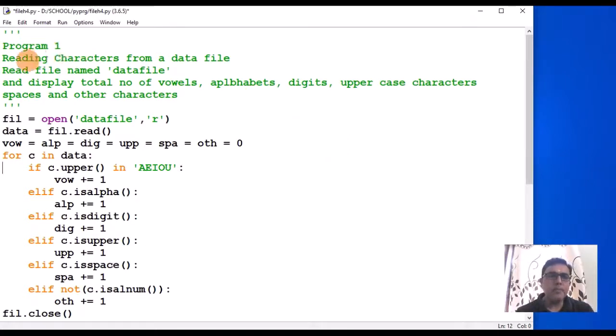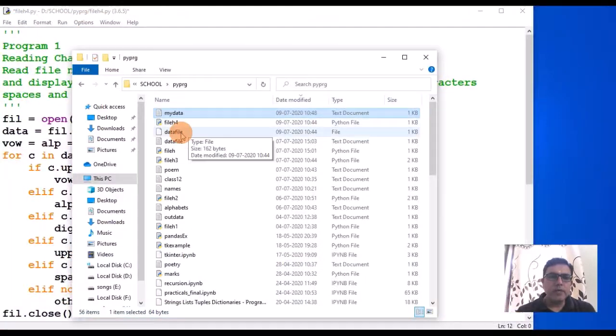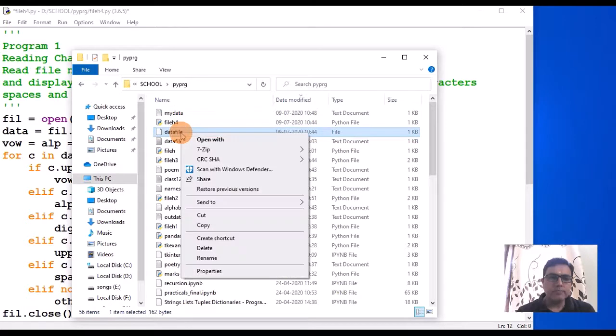See this program, you have to read a file named data file. There is no extension, so I have saved that file that way only. How can you save that file? You can open Notepad. It has already been created, so I am just opening it.